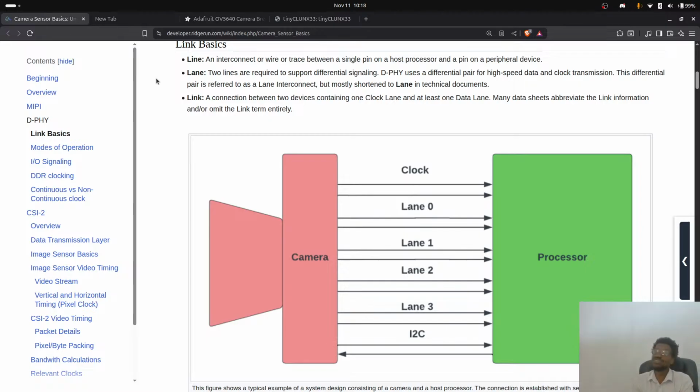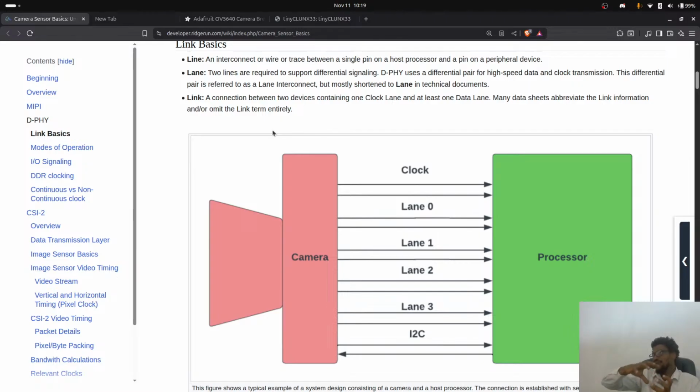So a line is going to be a wire that is connecting both of these. And then a lane is going to be a pair of wires. And a lane becomes a lane because a lane can actually support differential signaling. And differential signaling is basically a noise resistant way of